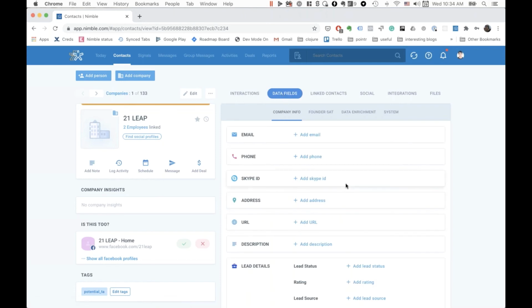Is that correct? If my assumption is correct, then we don't support that feature right now. The data stays on the company and contact records separately. But we're working on a feature that will allow you to